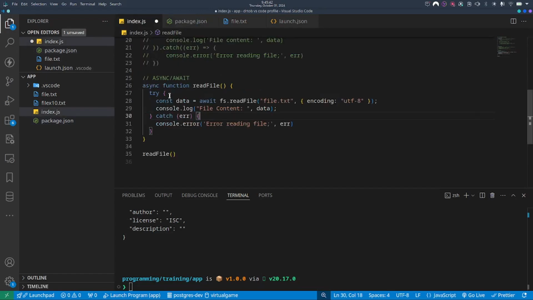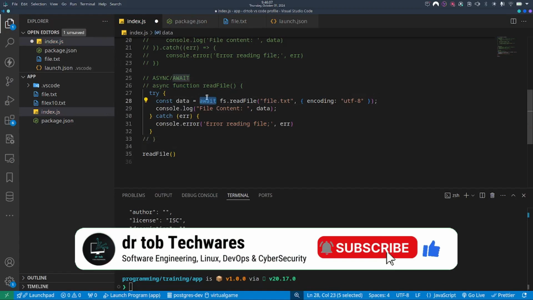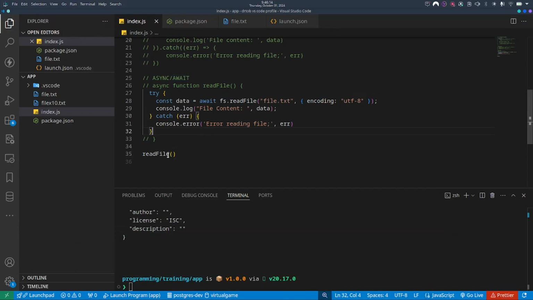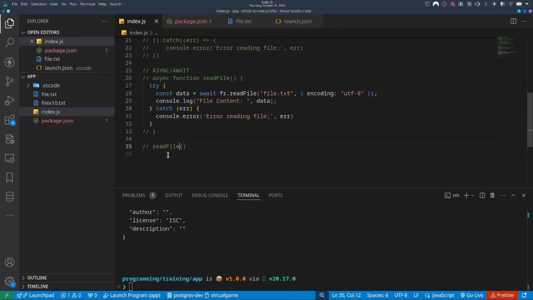Once there, you can come here and remove all this. The reason why I put this function there in the first place is so as to be able to make use of our await. But if you are using Node.js 20 and above, you might not need that. You might want to just run your code, because you can make use of top level async await. So in this case, I'm just going to do this, save it. Let me comment out this as well. So if I rerun my code,